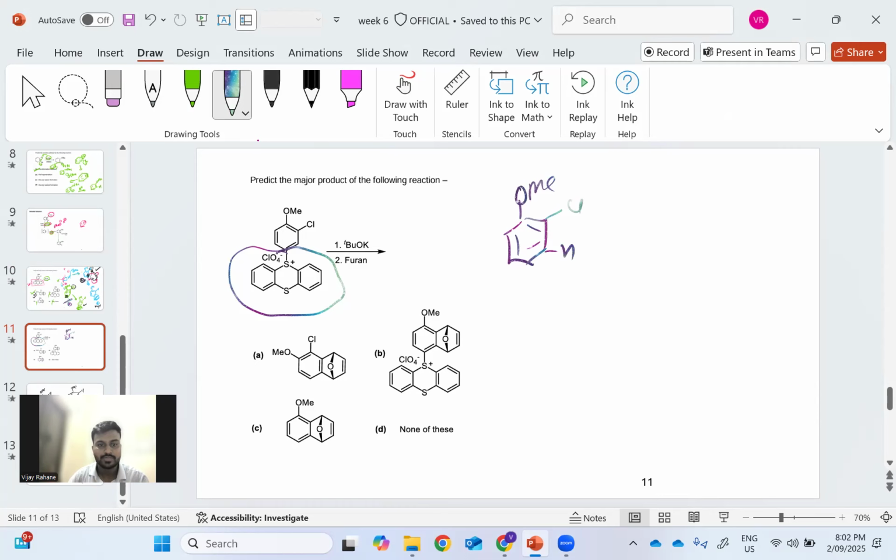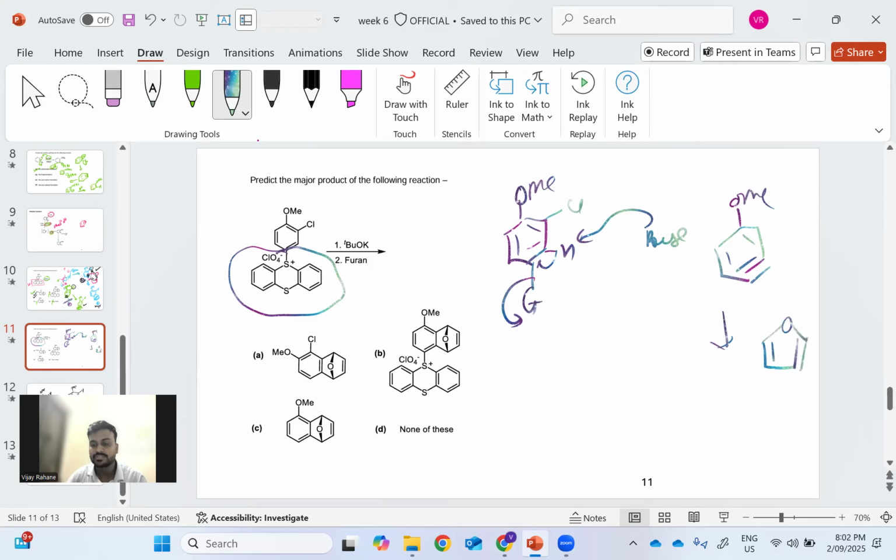So here is the one proton and here is the eliminating group. The base abstracts this proton, then this elimination takes place and it gives the benzyne intermediate. So this is the intermediate formed, and once this intermediate forms, this is the elimination reaction, and the next step is the furan